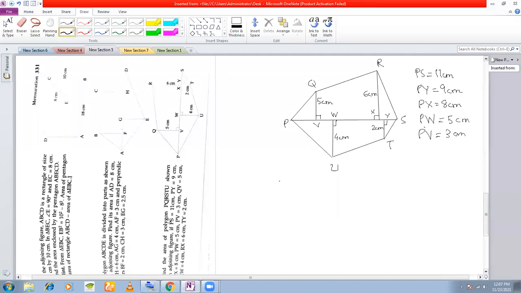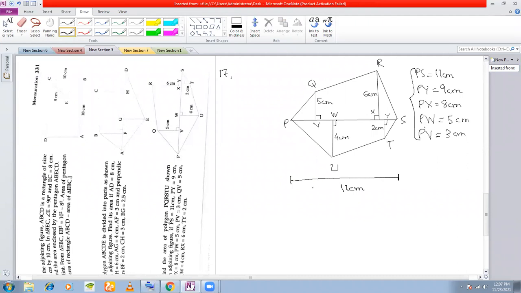Okay, so this is the figure that we want to find the area of. In my book, it's question number 17. You can look up your textbook number. Whatever I have not written here, the measurements, these are all written in the figure. PS is given to be 11. I can mark this at least here. This length is given to be 11 centimeters, right?